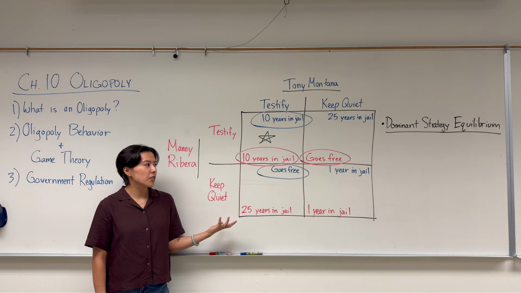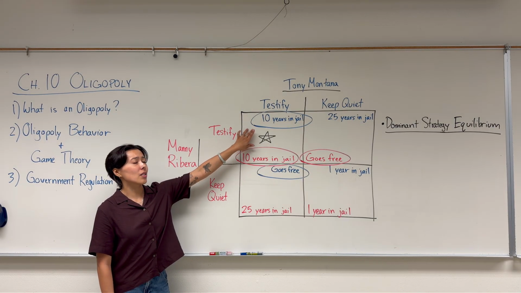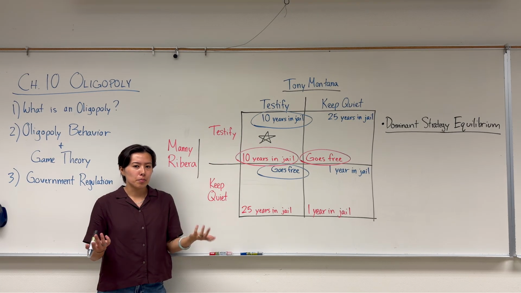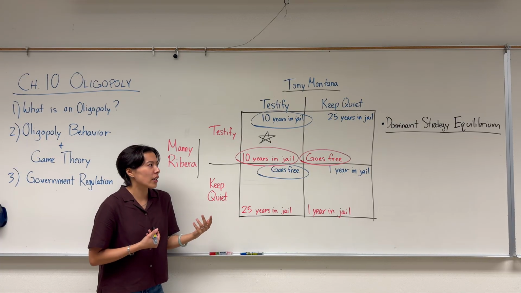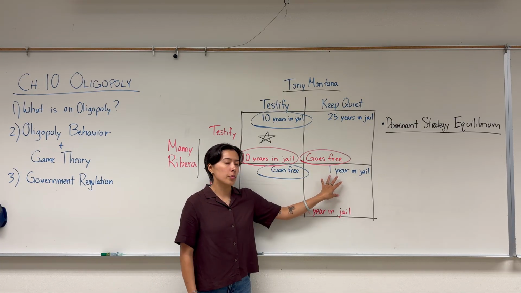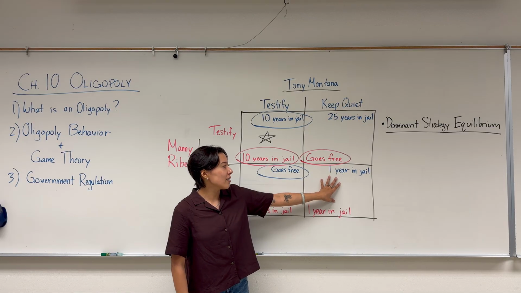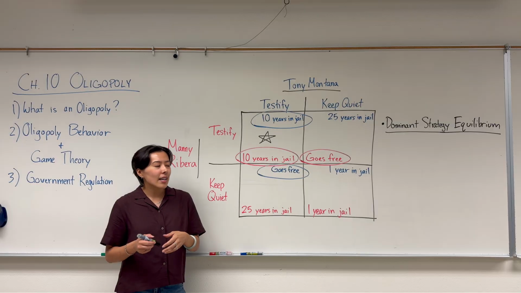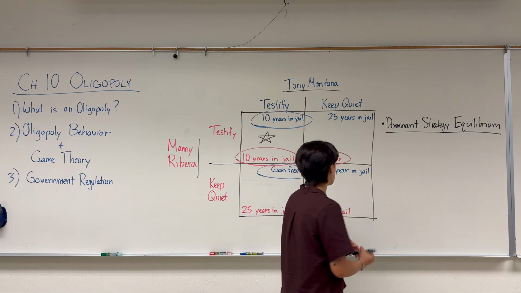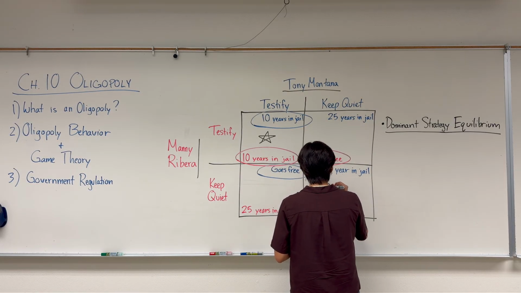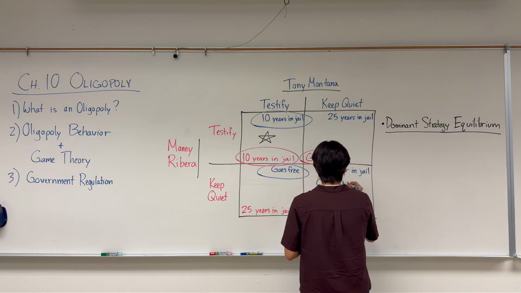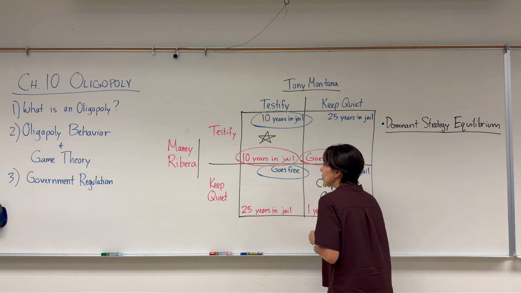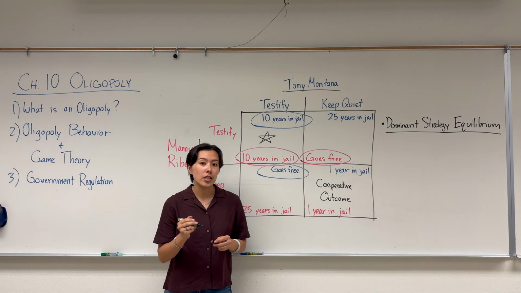Now, looking at the result of this, I tell you this is our dominant strategy equilibrium, that this is the result that we expect. You maybe are not convinced. You're like, well, why don't both guys just keep quiet? If they both keep quiet, then they only spend 1 year in jail each. The reason why it's difficult for our players to reach this cooperative outcome is because they can't work together, and there's this incentive to deviate, or this incentive to cheat.